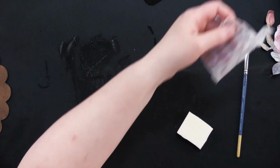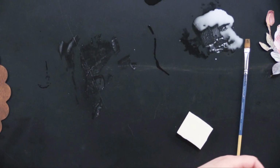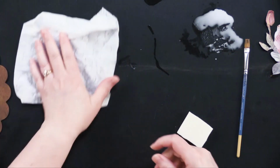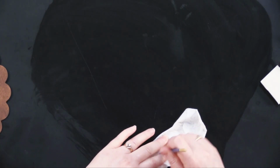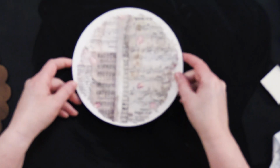All right, and then I would just take that and go ahead and put that down on your chipboard. And you don't want to use a ton of it. Clean up my mess here. Normally I would use our craft mat. Don't know what happened to it. Okay. So while that's drying,